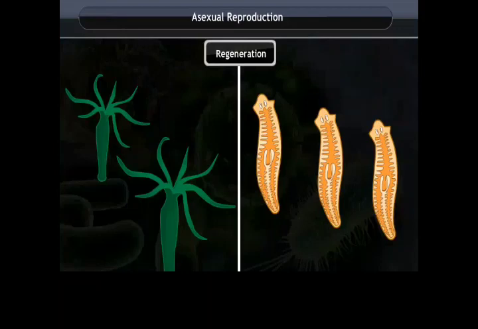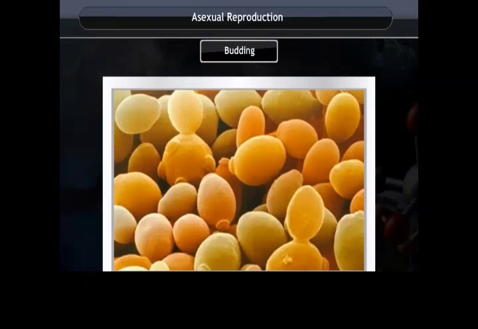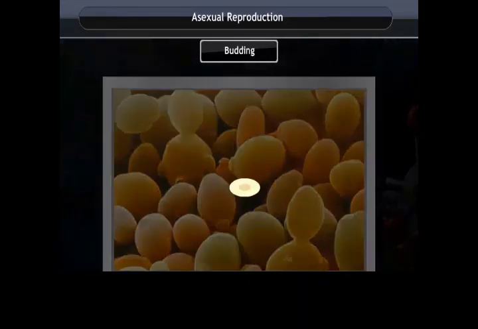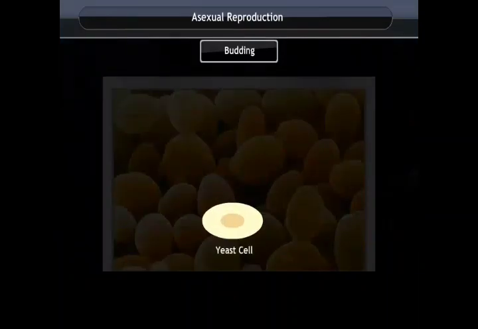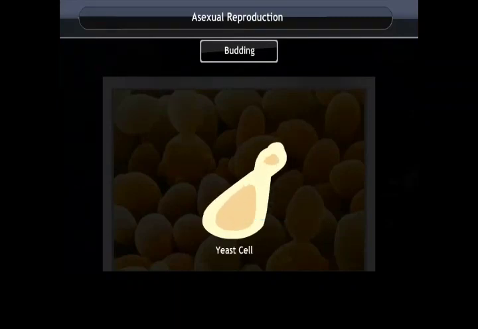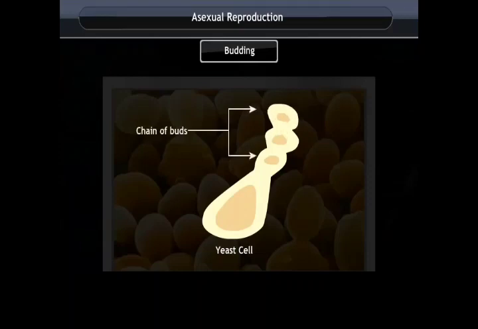Asexual reproduction. Budding is the most common method of asexual reproduction in yeasts. Let us discuss the steps involved in the budding of yeast. In budding, a soft zone appears at the cell wall of the parent cell. Then, a small bud will bulge out of that zone. At this stage, mitotic division takes place in the parent cell nucleus and one daughter nucleus will be pushed into the bud.